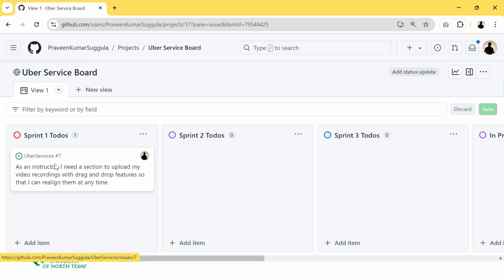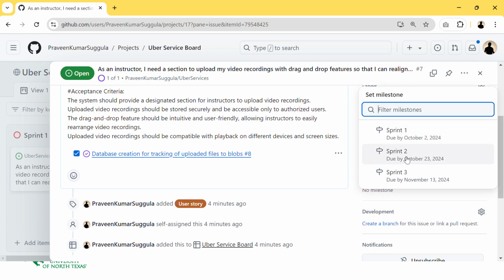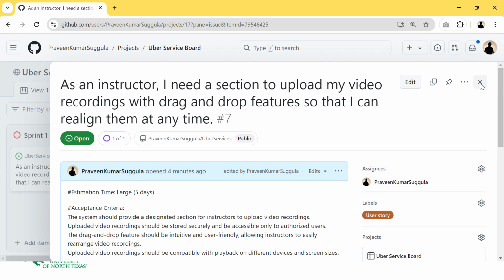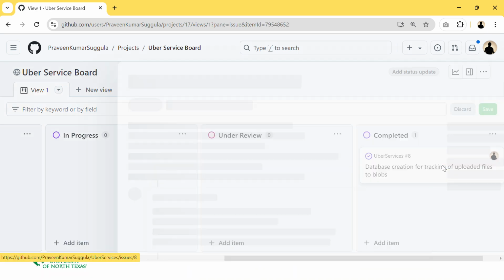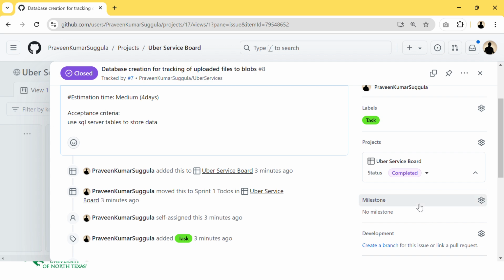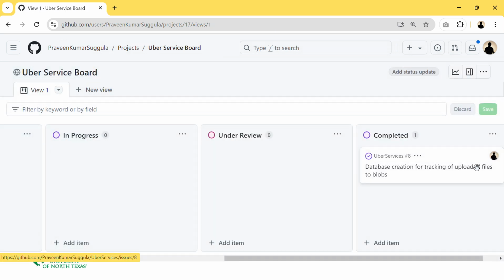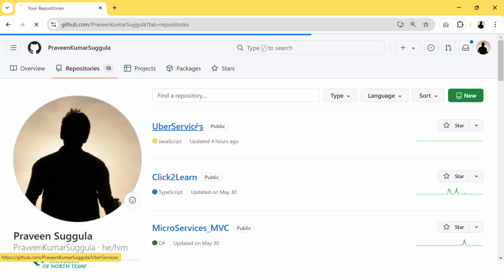For example, this I am assigning to the sprint 1 milestone, because it's a sprint 1 to-do item, right? And this completed one, I also did in sprint 1. Okay, selected. Yeah, when we go back to the milestones,